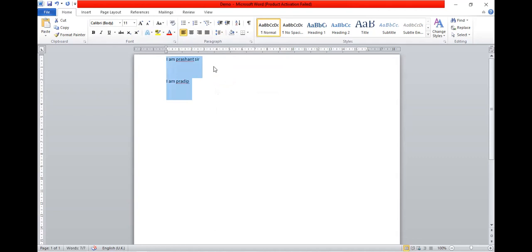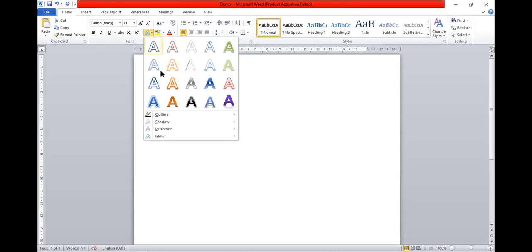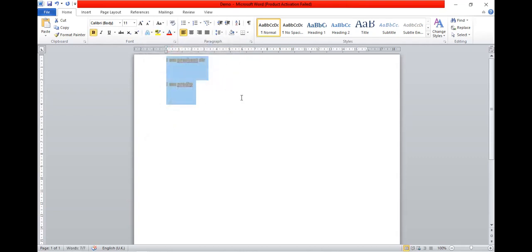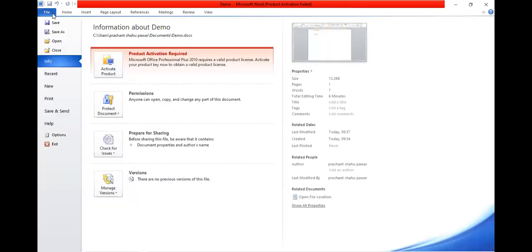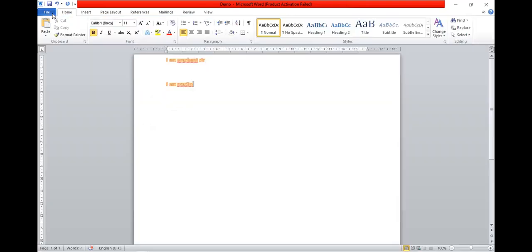So what is the use of it? Because of this ribbon, because of these options, you can quickly access them. That is the use of this ribbon. It is a collection of options, so you can easily access all these options. Here you will get all file operations. That is why it is called a file tab. And this is a blank document area where you can type the documents.